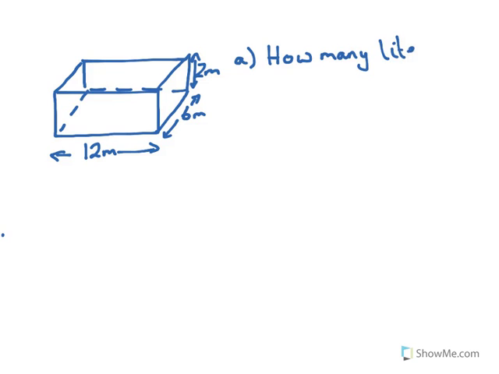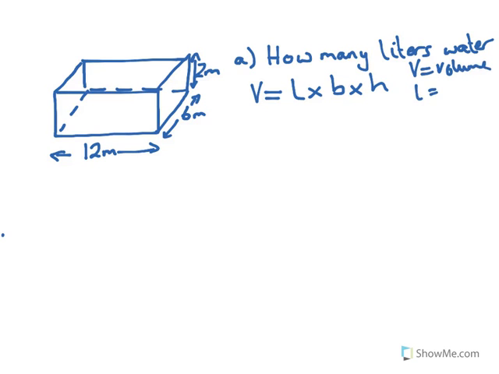Well, if we're going to be able to work out the number of litres of water, we first need to be able to calculate the number of cubic metres of water, because we've only been given measurements here in metres. So in order to work out the number of cubic metres of water, we use the formula for volume, which is the length times the breadth times the height, where I should really define all my terms here. V equals volume, L equals length, B equals breadth,